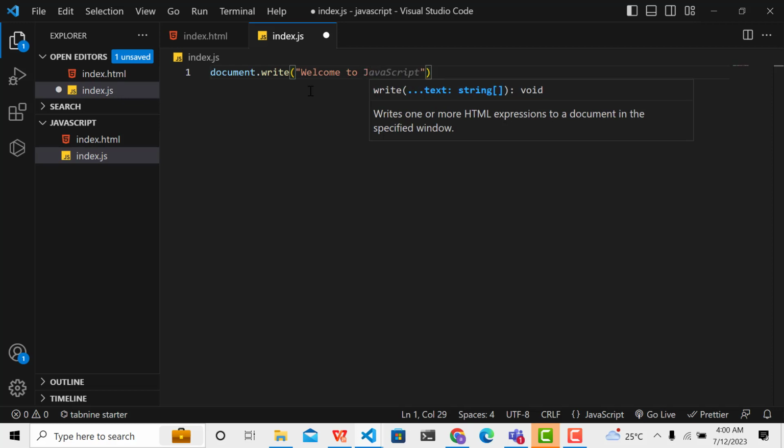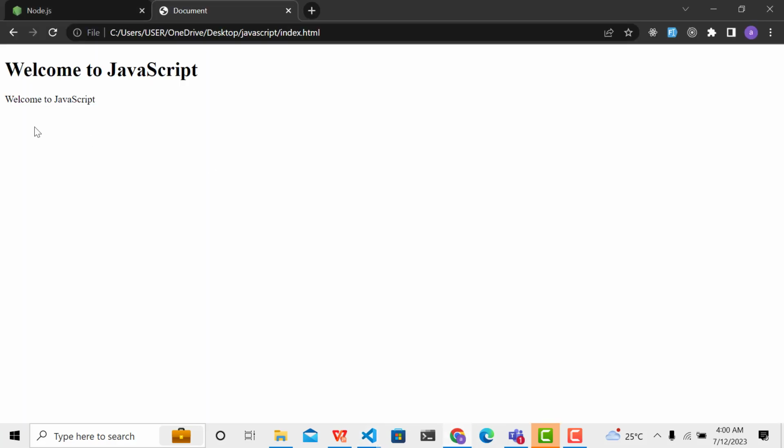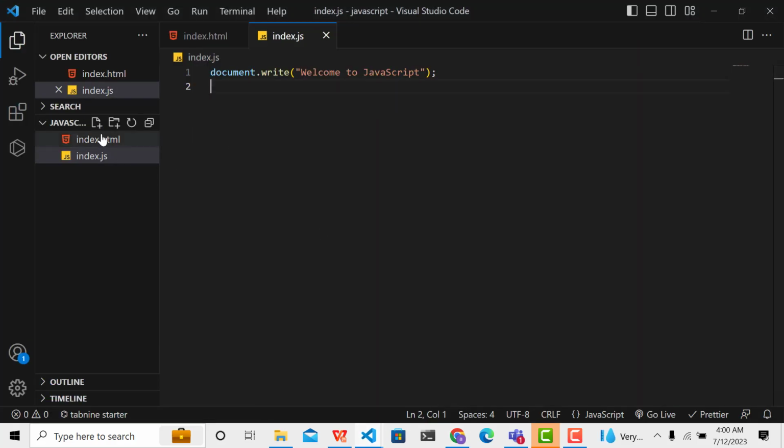Welcome to JavaScript. Now, if I go to my web page and refresh, you see that's what it's showing: welcome to JavaScript. The reason why I have access to it is that I've already linked it to my HTML file,